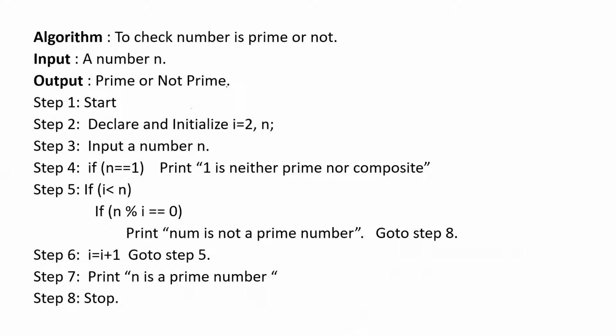So starting, we will just declare and initialize the variables. So n is the number which is used to accept the number, for which we have to check whether it is a prime or not. And we are using a variable called I, which will be iterating in each step in order to find the mode value. We will be dividing that number with a number, right? So I value is that number with which we are going to divide and find the remainder.